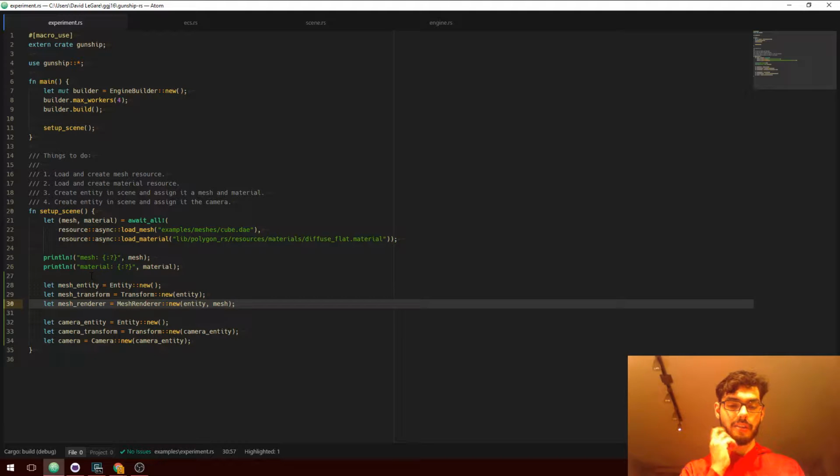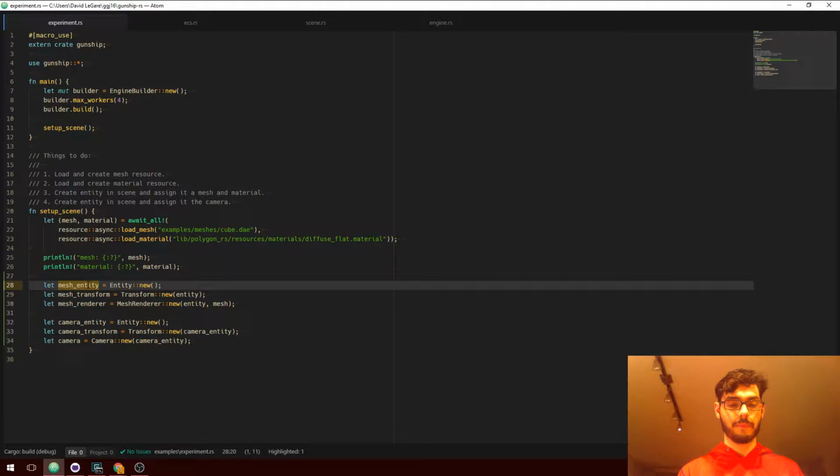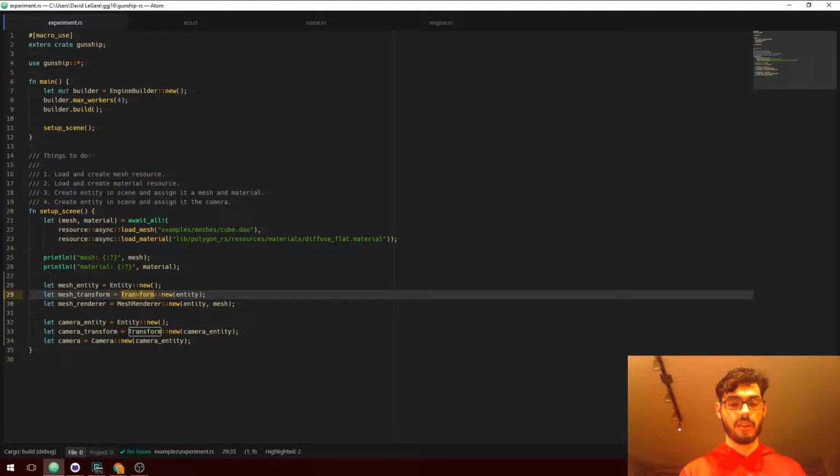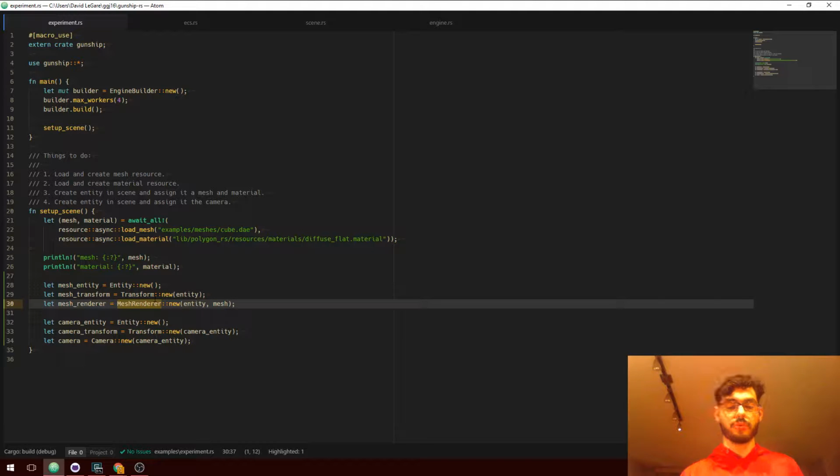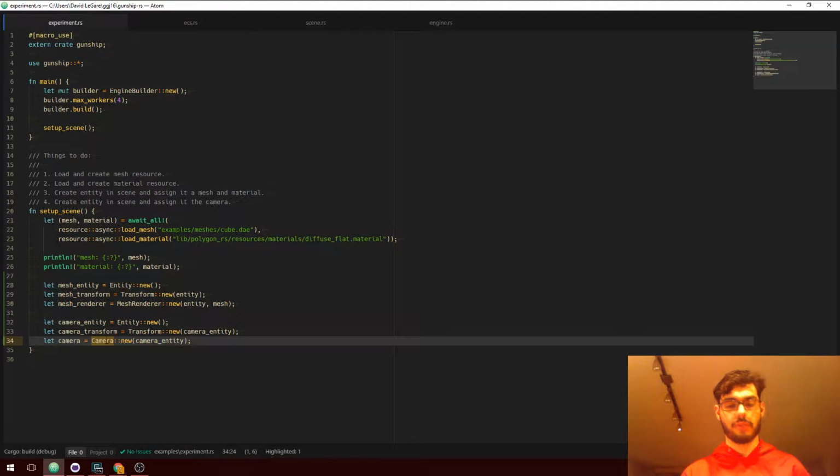This API is based off the idea of doing an entity component system, where for each of the things in the scene I would create an entity, and then I'd associate various components with it, like a transform component, which gives it a position in world space and a spot in the scene graph, a node in the scene graph. A mesh renderer would allow me to give it a mesh that would be rendered by any associated cameras. And a camera component would be required to render to a viewport on the screen.